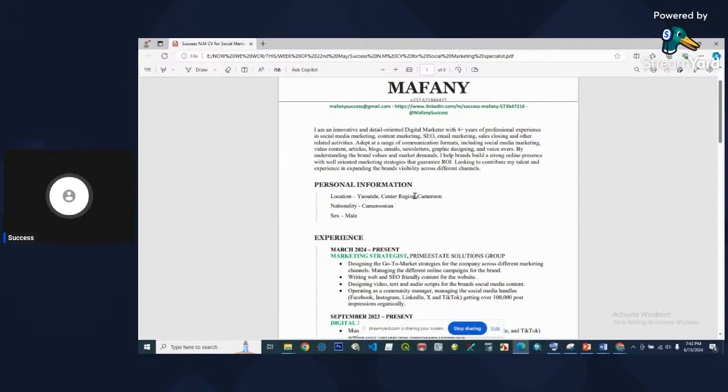But if it doesn't demand your physical presence, if it is a remote job, don't put it. If you'll be working from home, it's not necessary. It's just occupying unnecessary space. Nationality, Cameroonian. Nobody cares about your nationality, except when they mention that they need people only from this country. You don't need to put that there. Sometimes even when they mention it, you object to that, right? That's just occupying irrelevant space.